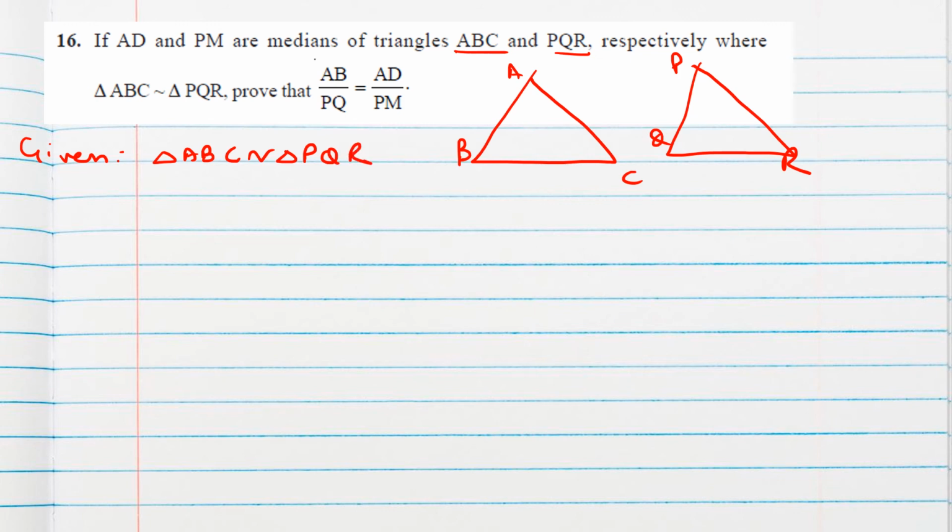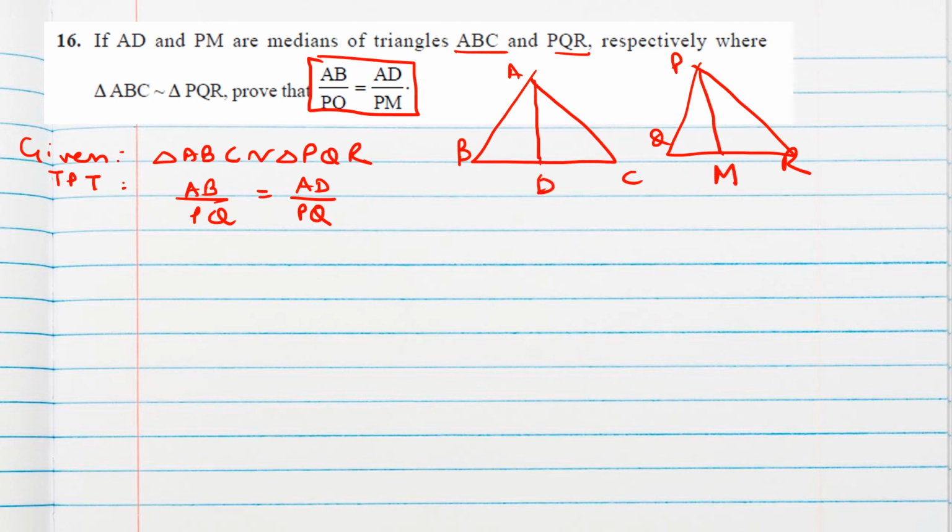So what we have to prove is AB by PQ is equal to AD by PM. So this is also a very important expression, or we can say result. With this, AB by PQ equals AD by PM, we can use this in